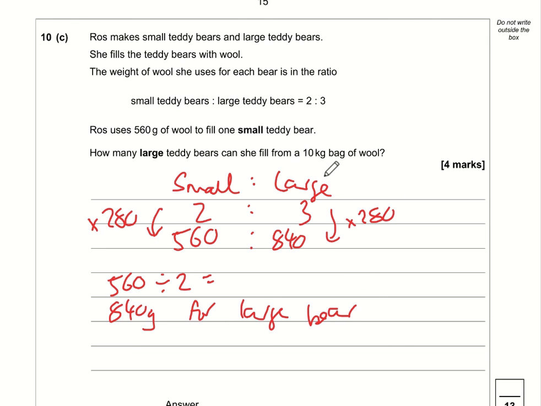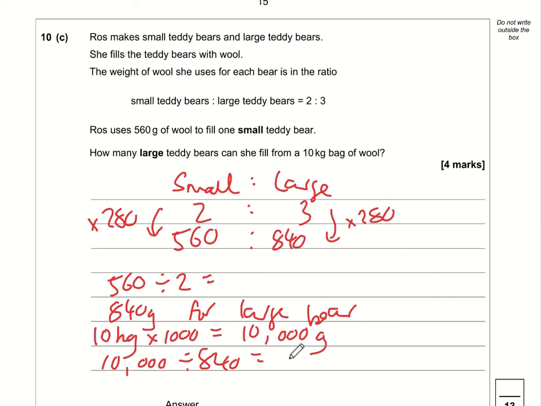Okay, so how many large teddy bears can you fill from a 10 kilo bag of wool? So we've got grams and kilos. The easiest thing to do is to turn the kilos into grams. 10 kilos multiplied by 1,000 is 10,000. Remember, there's 1,000 grams in a kilo. So what we want to know is how many 840s go into 10,000. So 10,000 divided by 840, and what does that come to? That comes to a total, not a whole number, it's